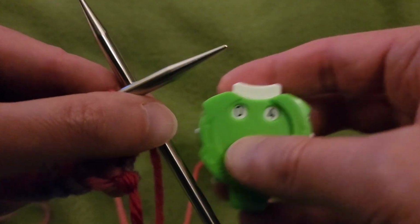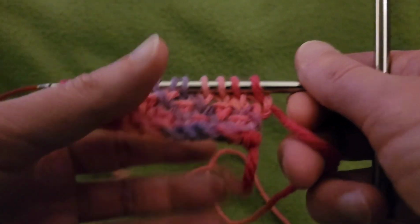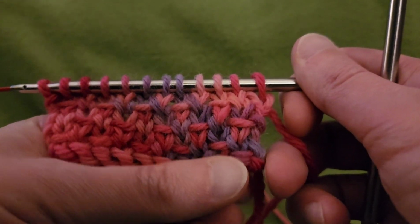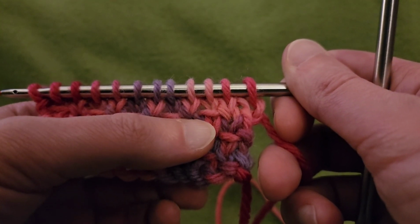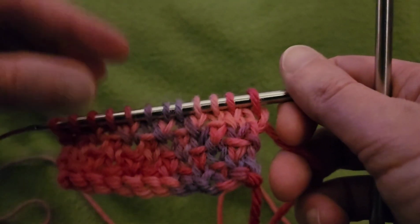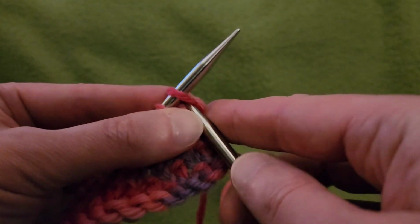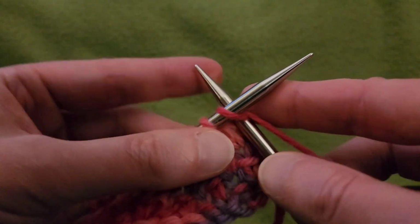Okay, so last but not least, we're going to do row 4 for the repeat. And once again, you can see we have a bar down here, and then we have a bar shifted up to the left. So that means that this second stitch needs the bar. So knit the first one and then hop right into the slip stitches. So knit that first one,